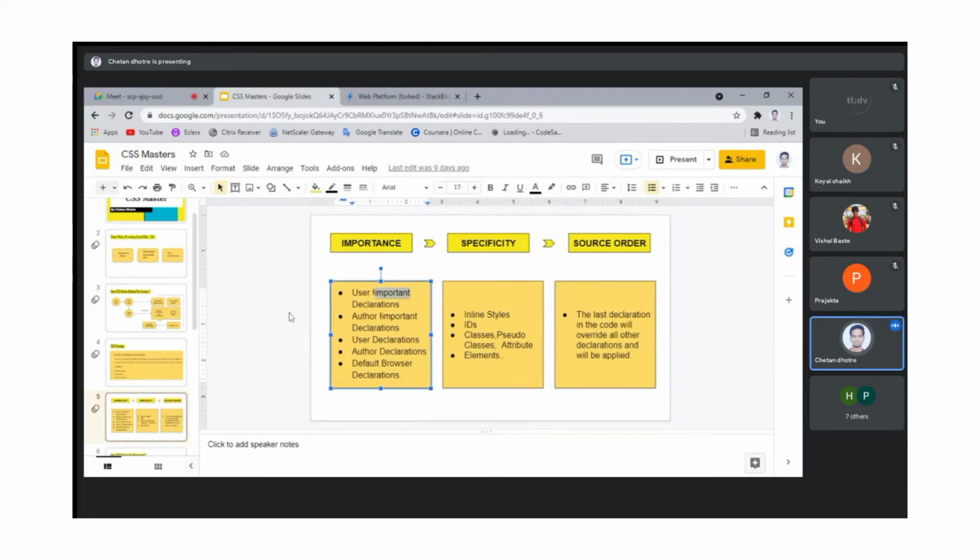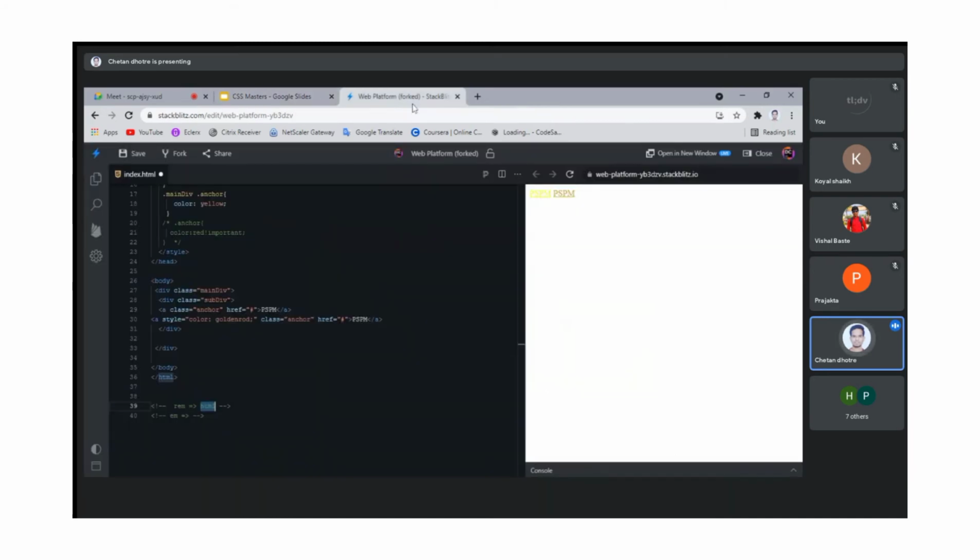This is called important: we have declared something, but the user will have the most importance because he imposed on our CSS that it should use 16 pixels instead of 10 pixels, because the content is not visible to the user. That's why he imposed the font size. In that condition, we usually used our width, height, padding and margin by looking at our root font size, which is 10 pixels.